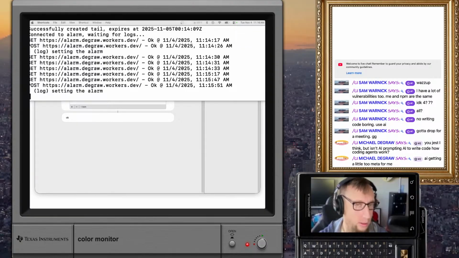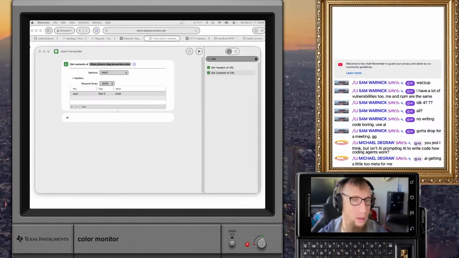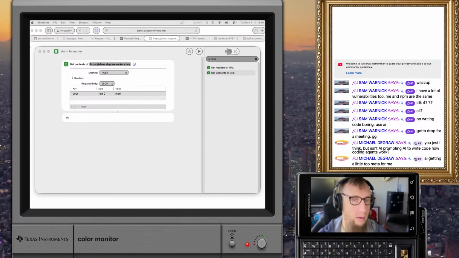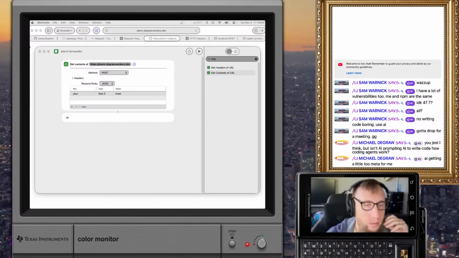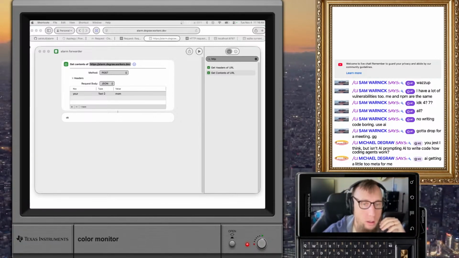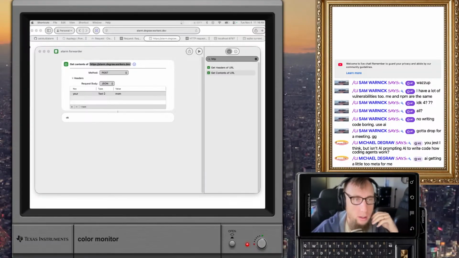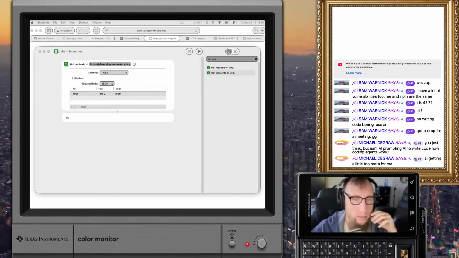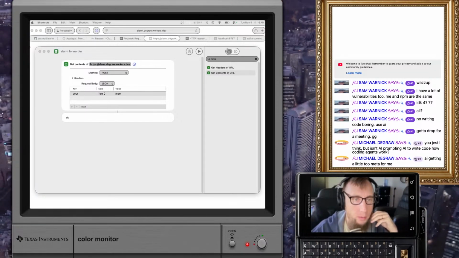But it's not creating the row. Why would that be?